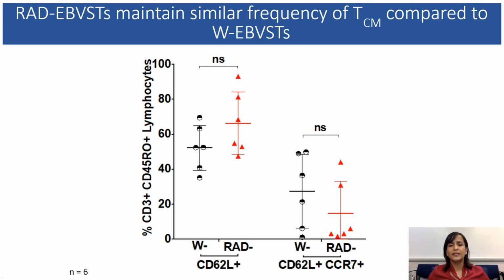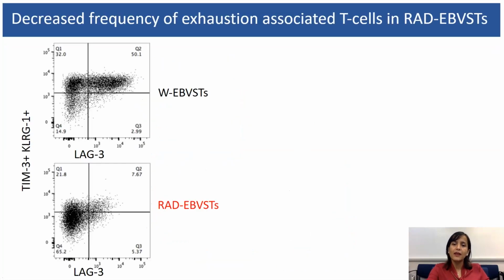And when we compared the T central memory subsets in our whole and RA-depleted EBVSTs, as you can see here, there were no statistically significant differences in the central memory population in our whole versus RA-depleted EBV-specific T cells. Additionally, what we did observe was that our RAD-EBV-specific T cells do demonstrate lower frequency of TIM3, KLRG, and LAG3 positive T cells compared to whole EBVSTs,